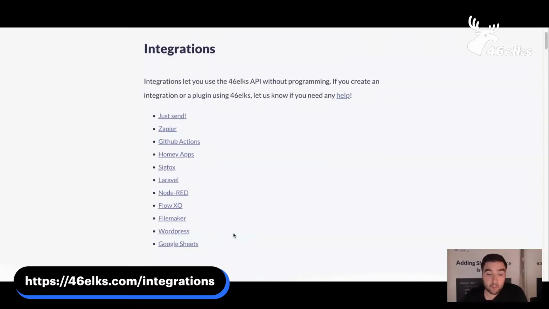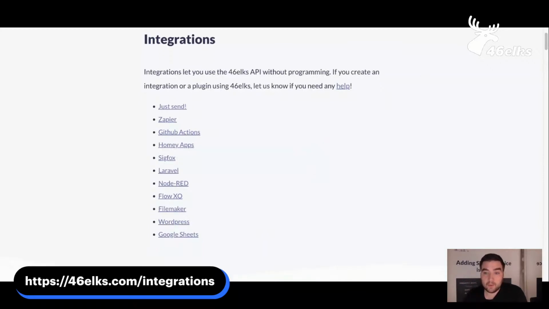Today I'm going to focus on WordPress. It's kind of close to my heart. I've been working with WordPress almost over 10 years now. Google Sheets also, a lot of good resources here that will help you integrate seamlessly the capabilities of sending, receiving text messages, initiating voice capabilities, etc. So yeah,